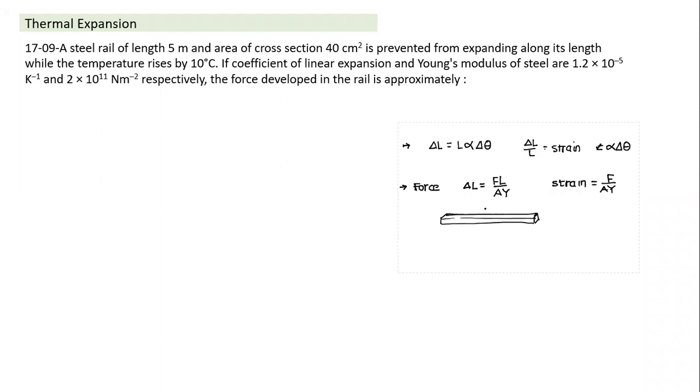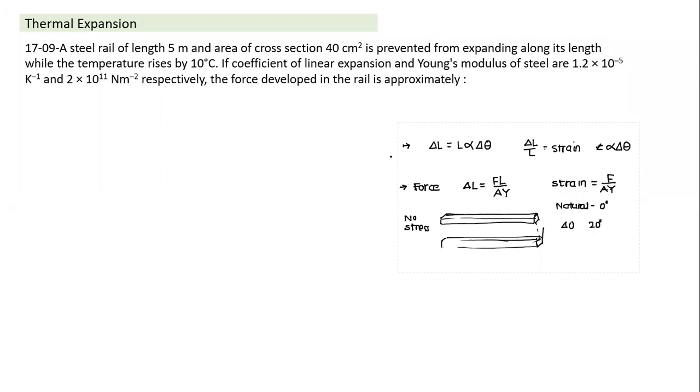Suppose we take any piece of metal or any solid object. At each temperature, it has a natural length, something similar to a spring. It has some natural length at 0 degrees centigrade. It will have some natural length at 20 degrees centigrade, but at 20 degrees centigrade the natural length will not be the same. It will be slightly longer. So at each temperature the natural length changes, and that's what we study here. If it is free to expand as the temperature is raised, its length will increase. If it is free, when temperature increases there's no stress. We are not preventing it from expanding or contracting. So when the temperature is raised by 20 degrees, the length has increased a little bit.